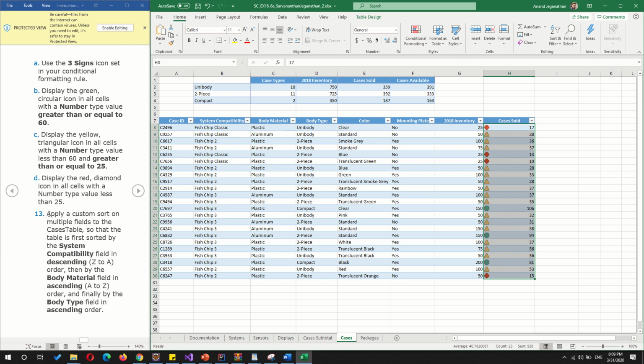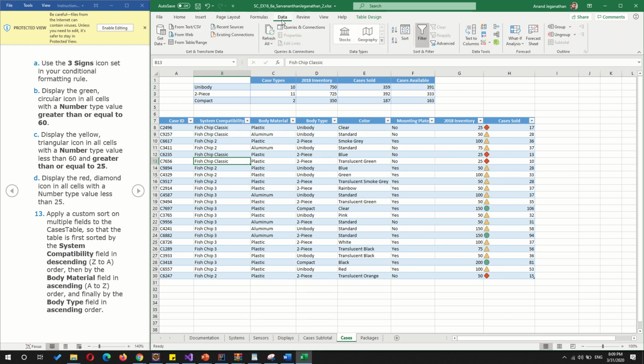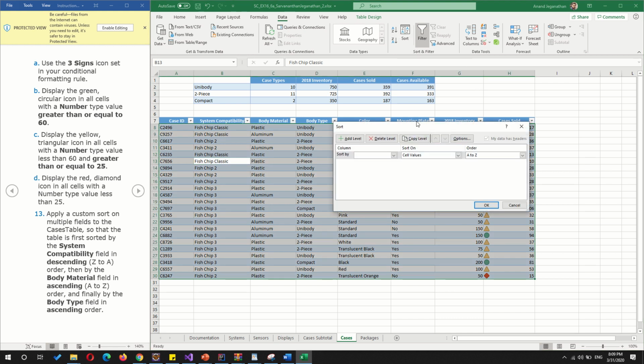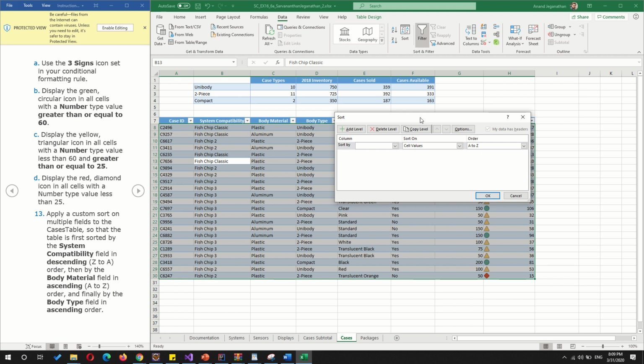Step number 13, apply custom sort to multiple fields to the cases table so that the table is first sorted by system, first order system compatibility. So let's do this. We are going to apply custom sort here. I'm going to select anywhere in the table and then go to data, and then I'm going to look for the sort option. So sort here, I'm going to select this big button here, sort, and I can add multiple levels of sort. So first I'm going to start by system compatibility,